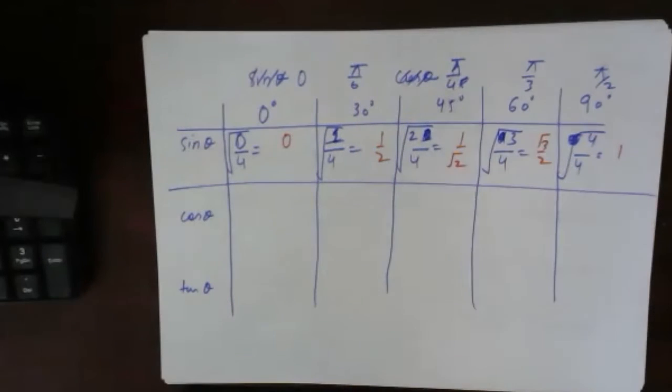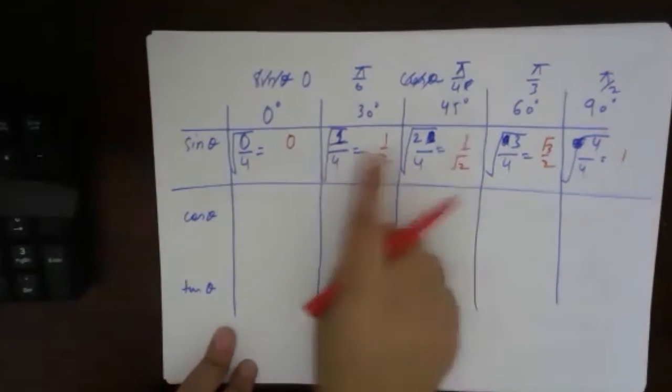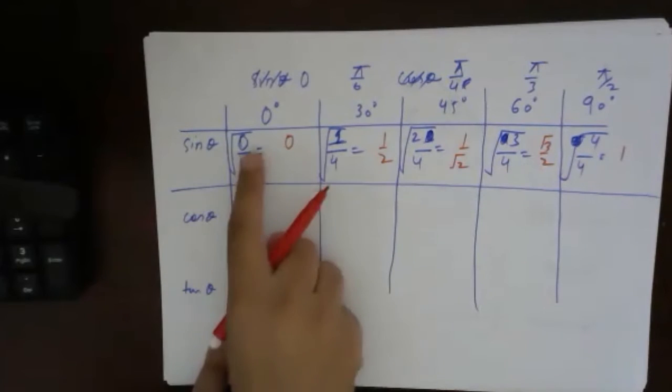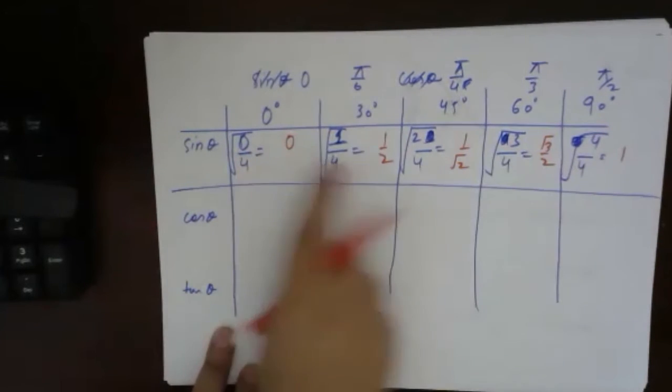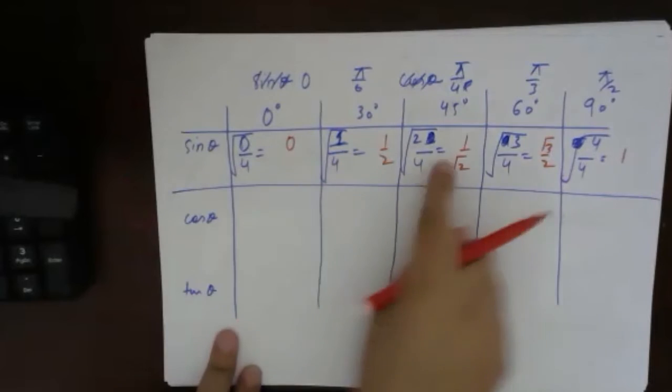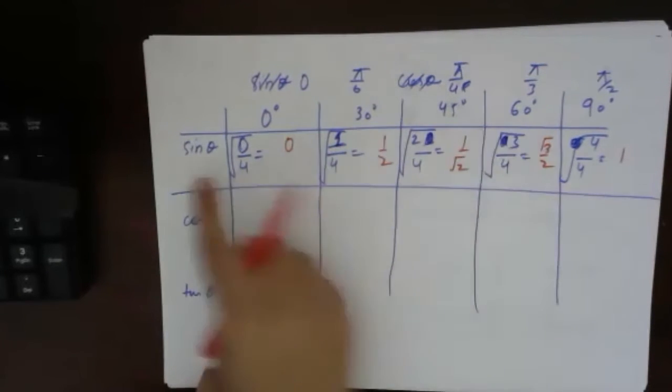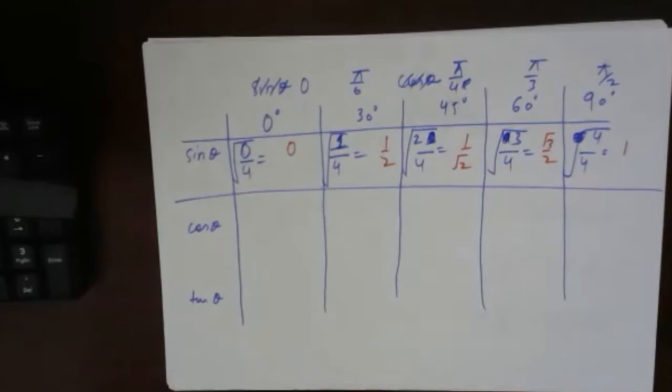This is the way in which one of my friends told me how to remember. He must have listened to it from somebody else. He told me, yeah Amit, this is the way you remember. So remember for sine: 0, 1, 2, 3, 4, divide everything by 4 and take the square root. You will get the exact values of sine 0 degree, sine 30 degree, sine 45 degree, sine 60 degree, and sine 90. When I was studying in 9th and 10th, my friend told me this.